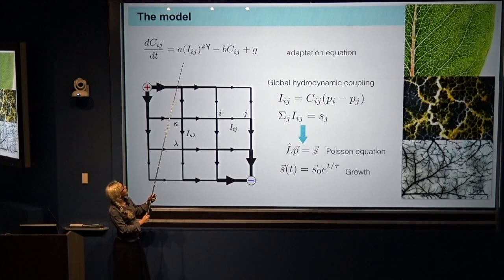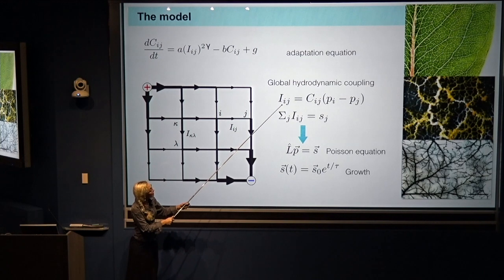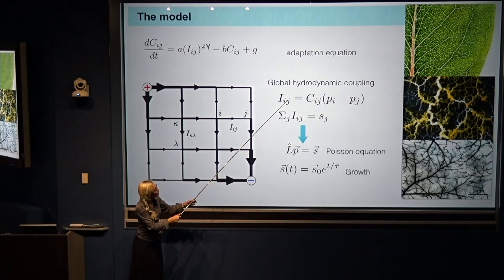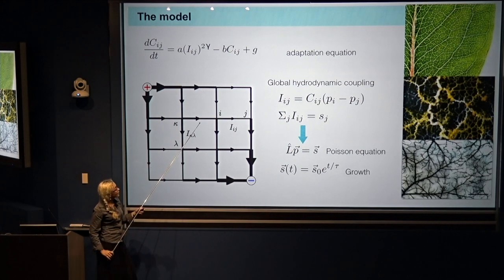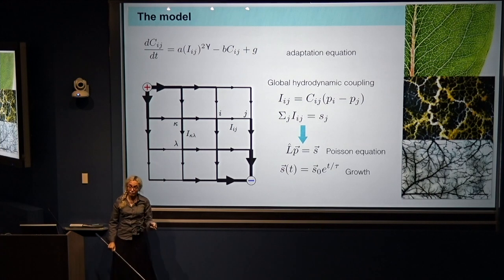I can go here, plug in the currents, update the conductances, go back here, solve for the new currents, because if I have new conductances, I'll have new currents, and so on and so forth. Do that loop until I go to steady state. And since I want to study development